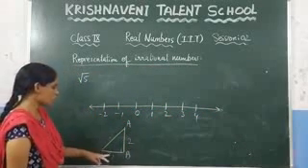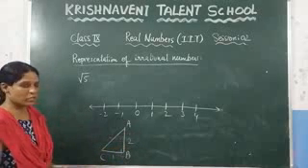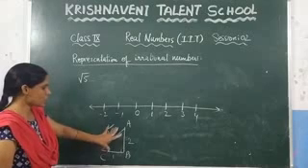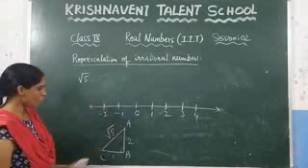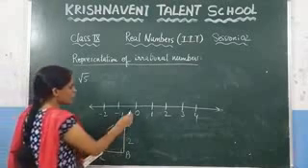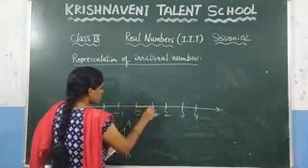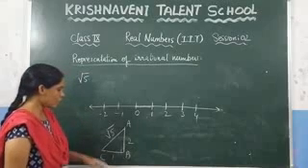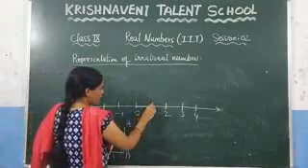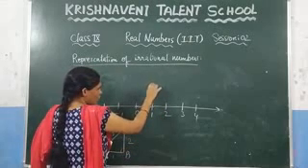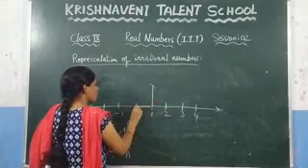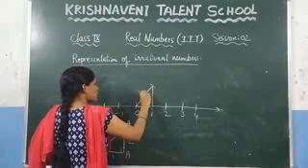If you consider those sides as 1 and 2, after applying the Pythagoras theorem, we are getting the hypotenuse as root 5. Now you need to represent this right angle triangle on a number line. Here, first check the base. How many units are there? 1 unit. So take 1 unit here. This is the 1 unit. And after that, how many units do you need to take here? 2 units. So, by using the compass at this point, take 2 centimeters radius and make an arc. Now join this one. After joining this one, you are getting this value as root 5.